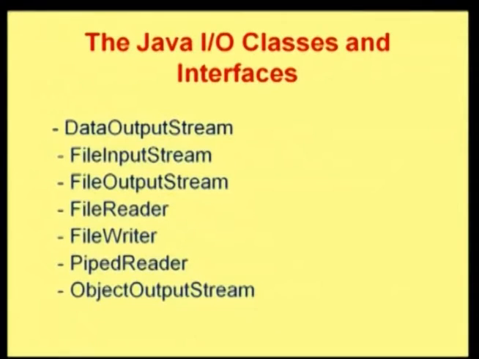Your FileInputStream, FileReader as well as your FileOutputStream and FileWriter are going to access data in two different formats, one in bytes and another in characters. Then PipedReader is used in order to handle your data in the form of a pipe. It means that it is not only a continuous stream of bytes, but it will be in the form of a pipe. Your data will flow in pipes and then be read by a pipe reader. So, we have some options other than your normal reading to perform on your pipes.